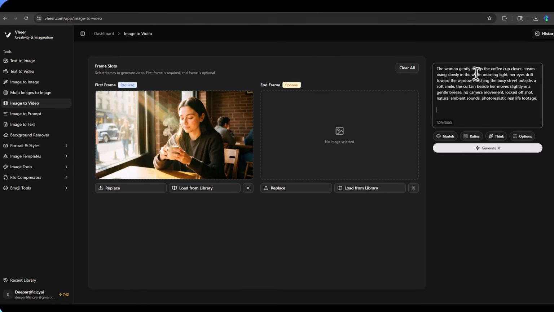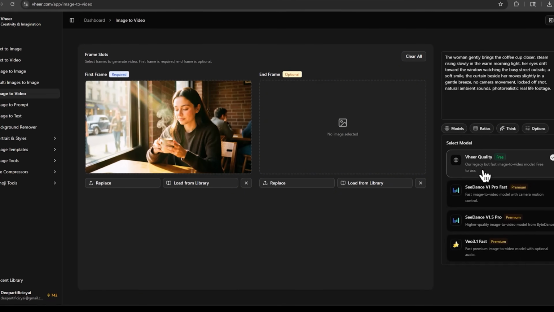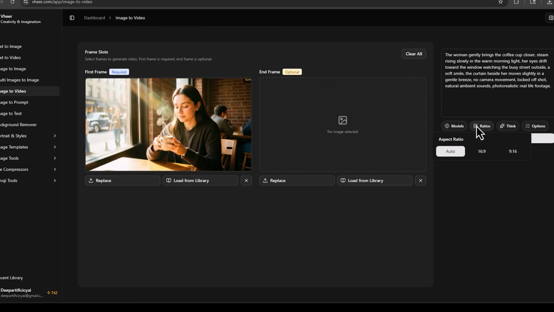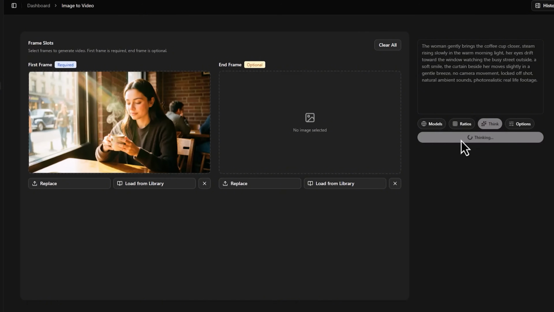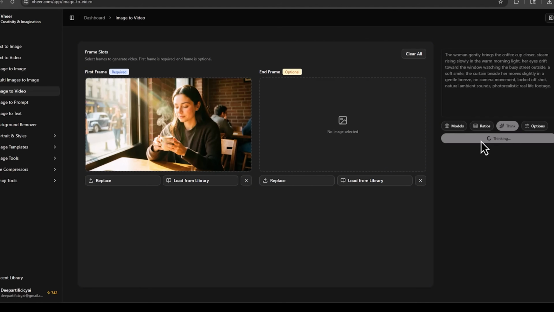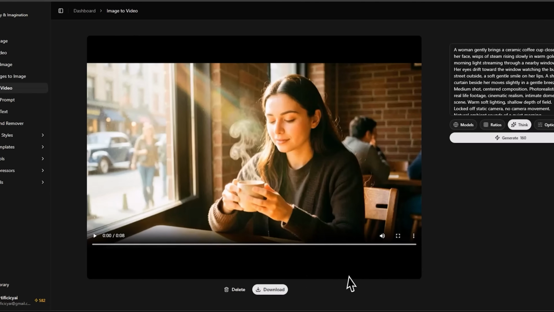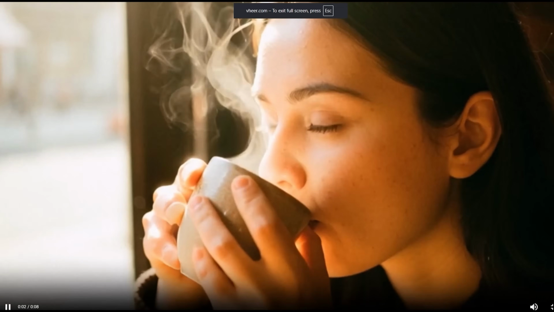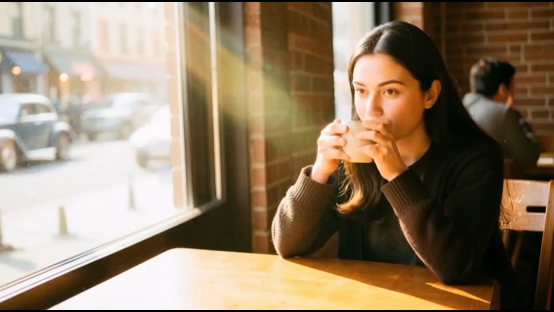Now, I am entering my video prompt here and I am selecting first Sora 2, 16:9. In video options, I am selecting duration 8 seconds and resolution 720p. Now hit generate. Video takes a little longer, that's completely normal for this model quality. And when it comes back, the water is actually moving. The spray is exploding in real time.